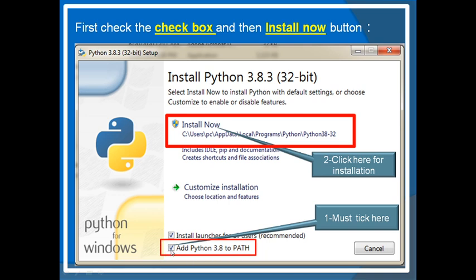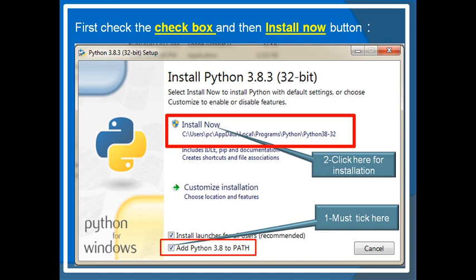This is a point to remember: while you are on this screen, first check the checkbox, Add Python 3.8 to PATH. Just click it, once it will check and once it will uncheck. It will toggle between check and uncheck. Once it is checked, then only you can go for clicking here, Install Now.